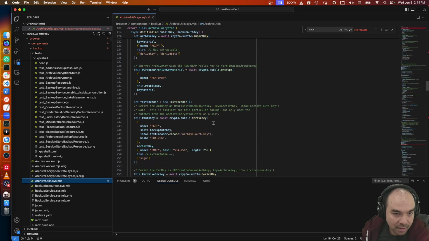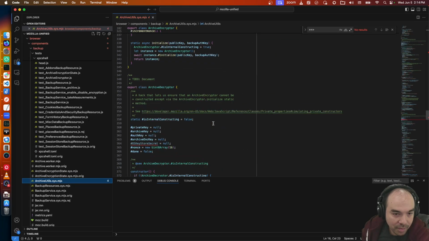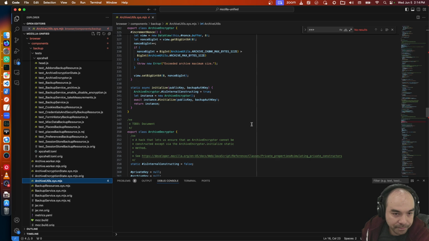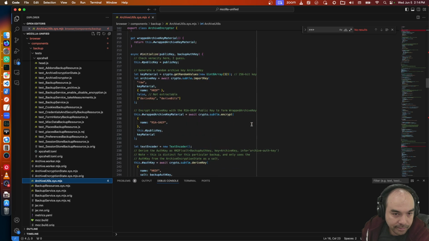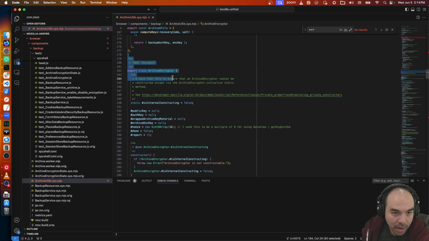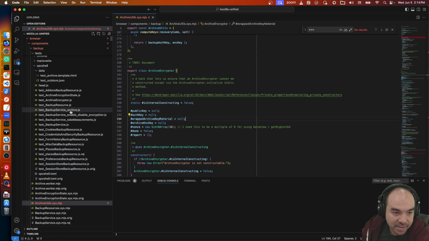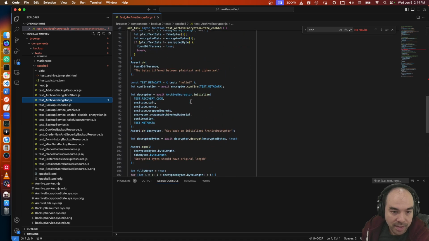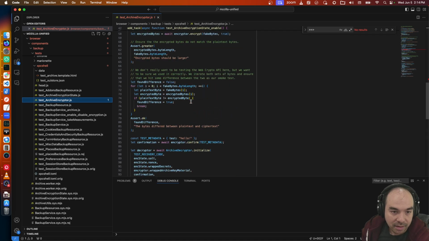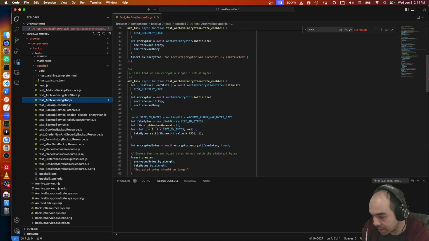And let's see here. What did I want to do? This is the stuff that's in my work in progress patch. That's why it says to do. Let's see. What did I want to do first? Tests. I want to write tests. So that's backup, service encryptor. I wrote these tests yesterday. This test here, let's see what it does, and then we'll add to it.